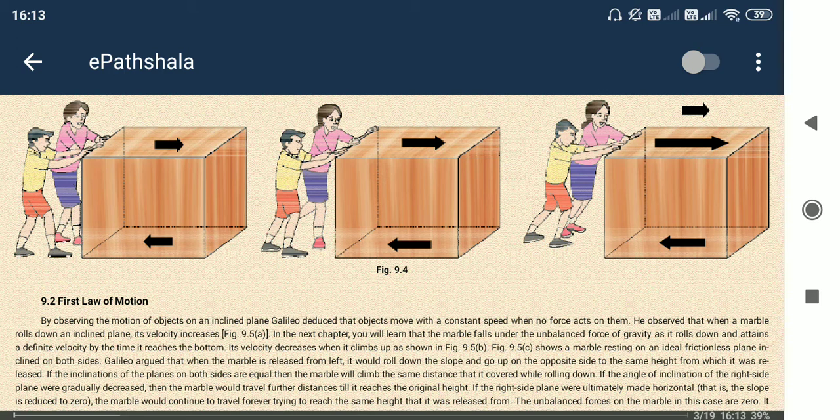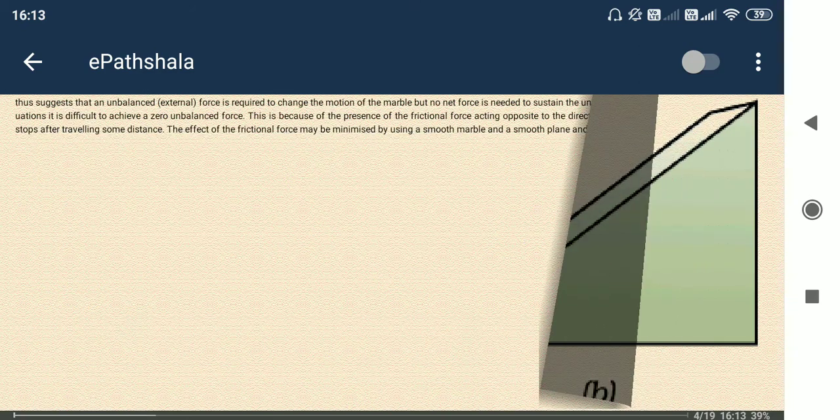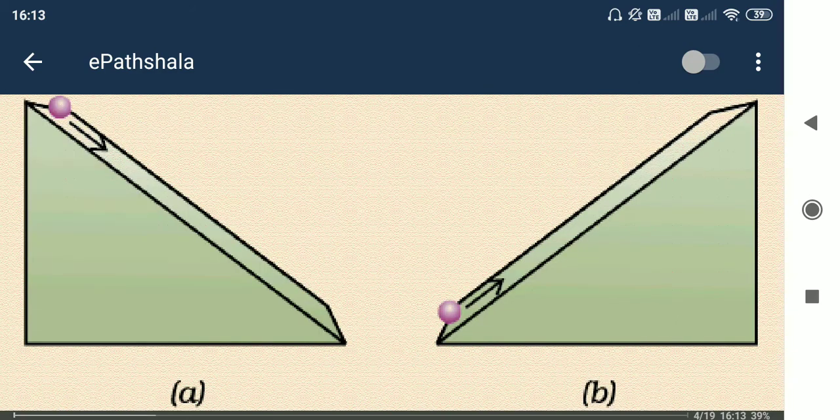Another thing, when the body moves, what is happening? A frictional force, meaning force against the motion, is acting on the surface of the earth. So, first law of motion, given by Newton. The first law of motion says that when we apply force, the static body tends to move and the moving body tends to get stopped.